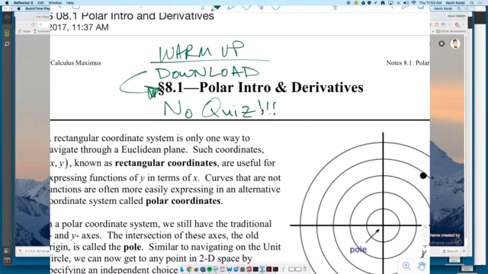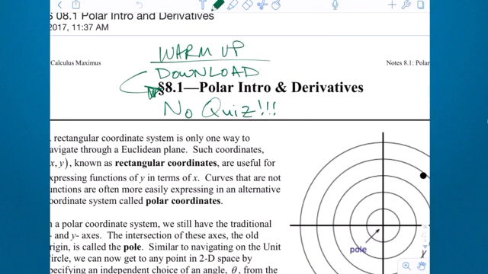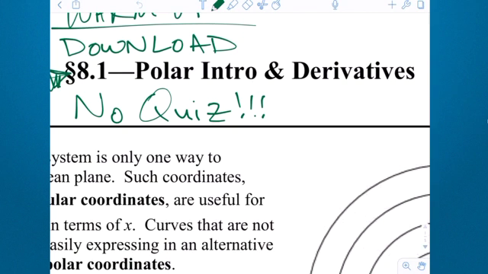All right, it is. So 8.1, we had parametrics. We spent a couple days on it, parametric derivatives, parametric integrals, and now we have another topic that we're going to spend maybe 2-3 days on, polar. Now, polar intro is not an intro to anything that's cold, but it's just another way to navigate through